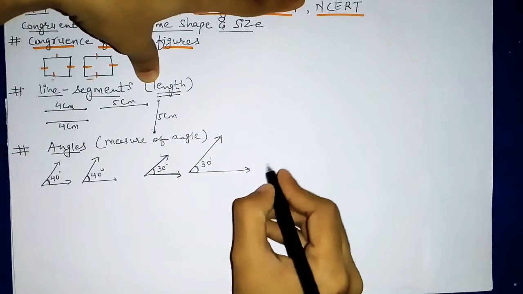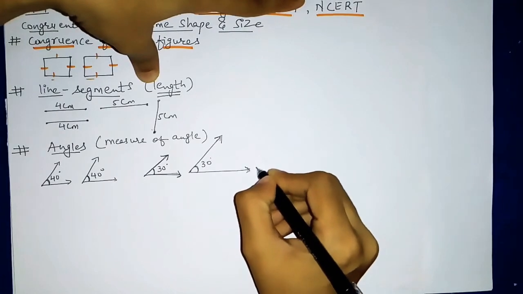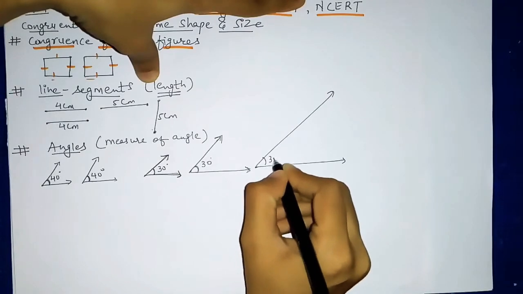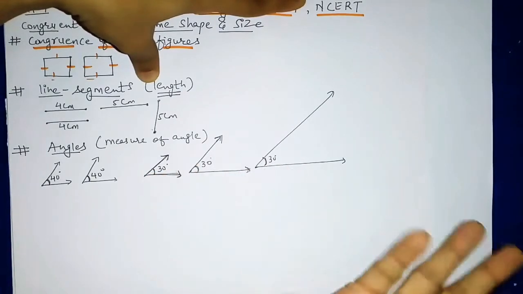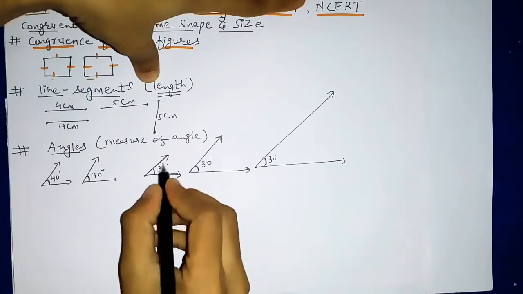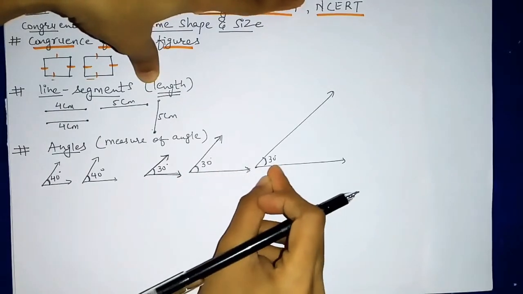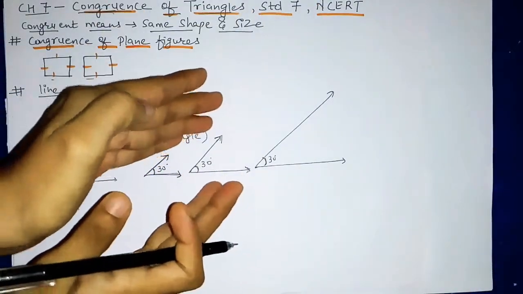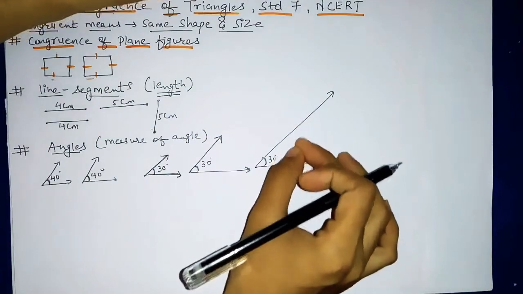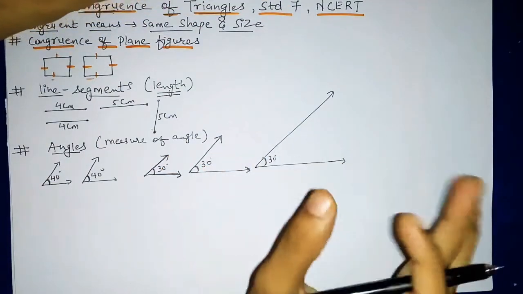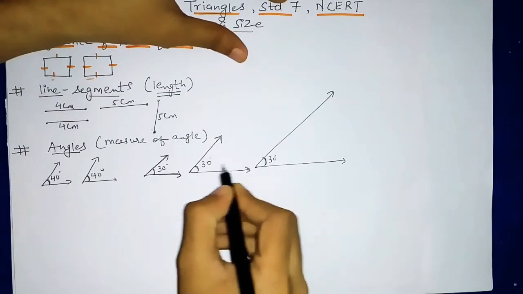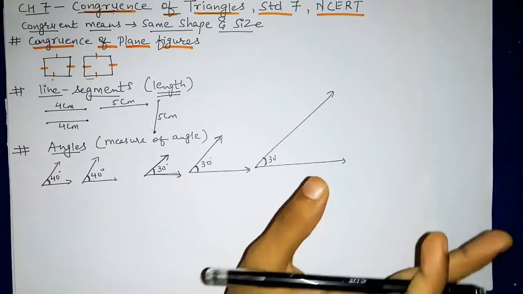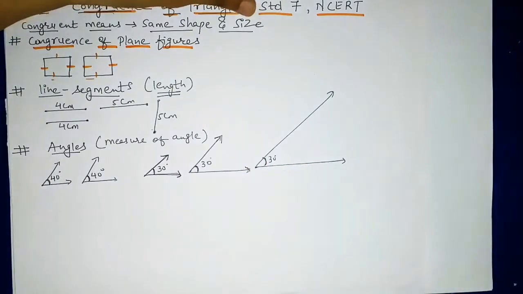For example, if I draw one more 30 degree angle, and if I stretch out the arms more, so these three are congruent. Okay, because we just have to see this angle measurement, 30 degree, 30 degree and 30 degree. ये arms जो stretch out हो रहा है, here it is shorter, then a little bit it is stretched out, then it is stretched out more. So these arms, they do not matter, उससे कोई फर्क नहीं पड़ता है. हमको सिर्फ ये मेजरमेंट पार्ट देखना है, वो अगर same है, it means the angles are congruent. So this was in case of angles.